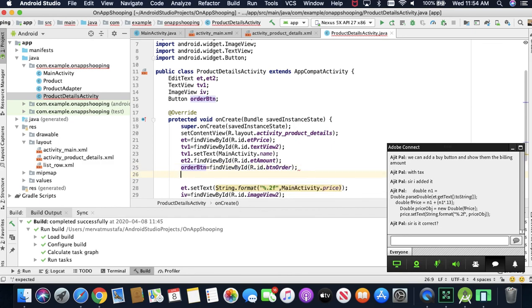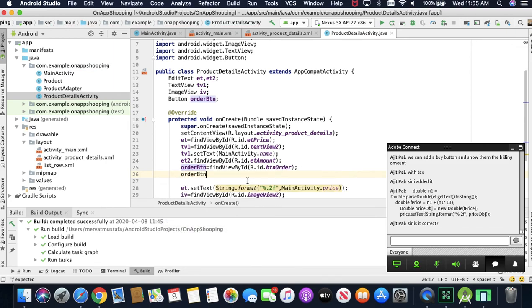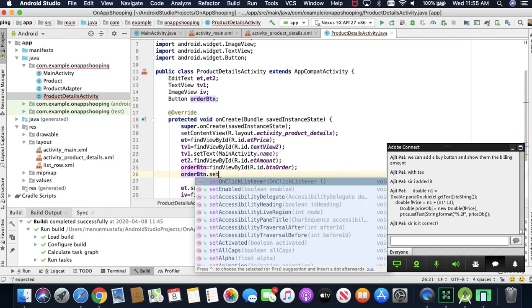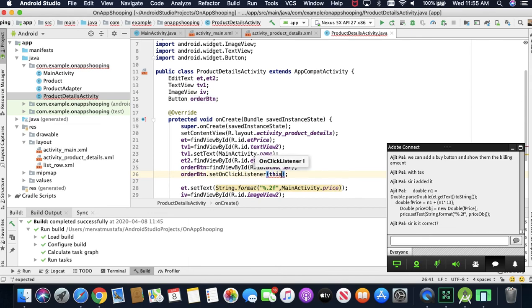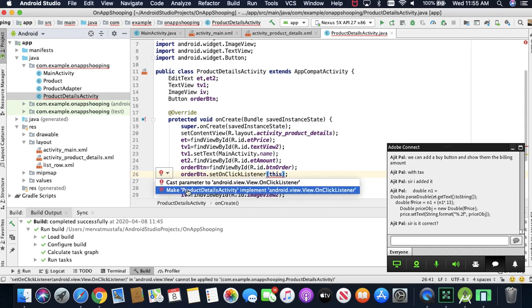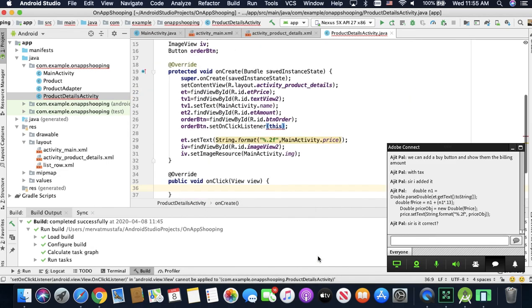Now the btn order should set on click listener this, so we need to implement the onClick listener and the onClick method. Now onClick method,